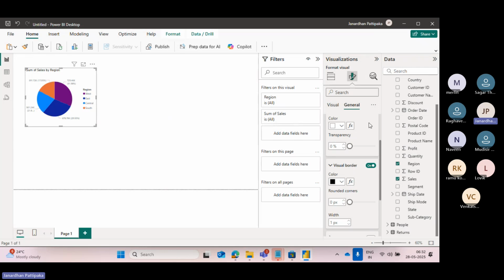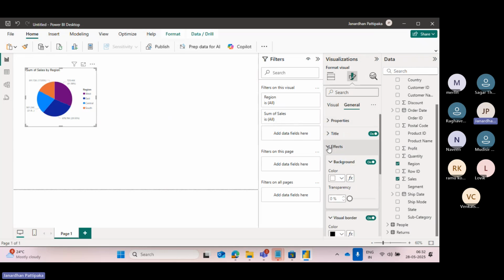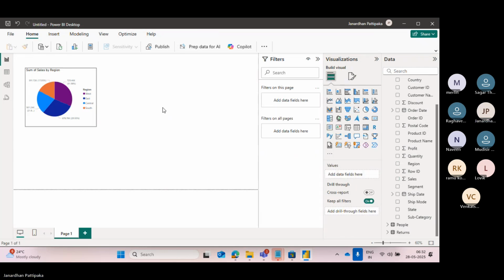Now, it is over. You can close it, or you can directly come here. See your visual. The border is added. So this is how to add the visual border that we discuss in the future classes. But before going to that, I want to give the overview of what you will study today, in the coming